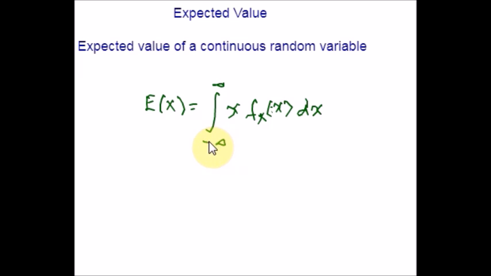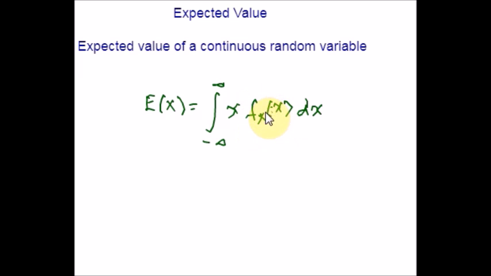So this can be thought of as the limiting case of the summation, the summation over x belonging to Rx of the mass function found in the discrete case. So let's see the definition. Let x be a continuous random variable with probability density function f of x. The expected value of x is again denoted by E of x only. The formula for this one is the integral from negative infinity to positive infinity of x times the probability density function f